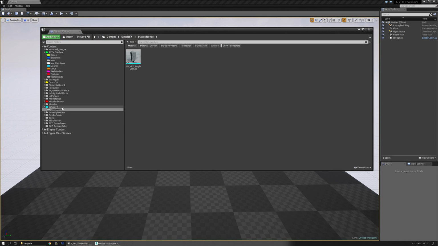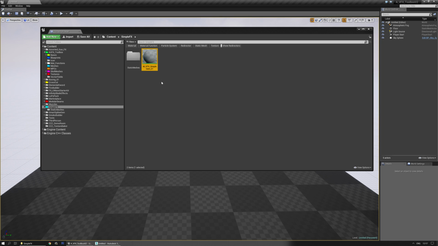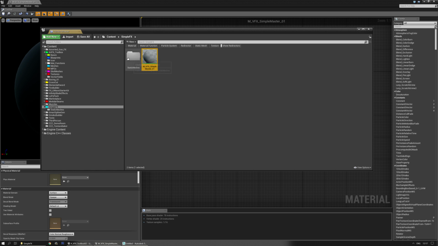So, alright. Let's make a material. I'm gonna move it to a material folder in a second. Material for VFX, and then call it simple gem 01. So it might be easier to have actually not called it simple gem, because it's probably gonna be the main master for a lot of the effects, a lot of the meshes. So VFX simple master 01. Maybe not the best name ever, but